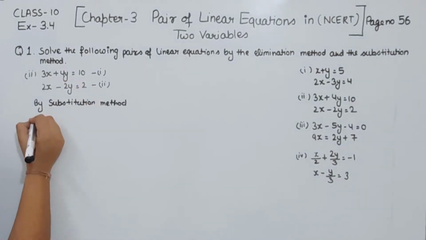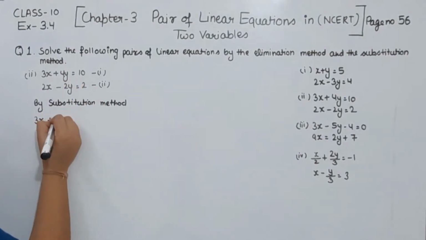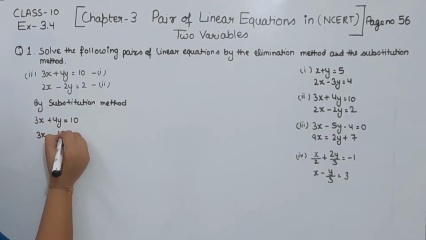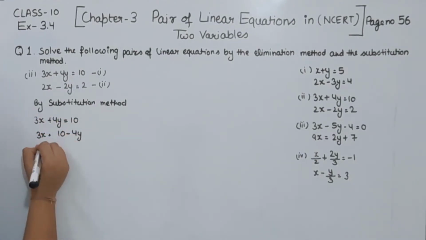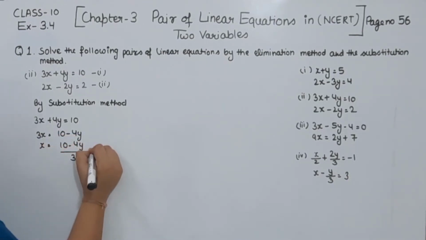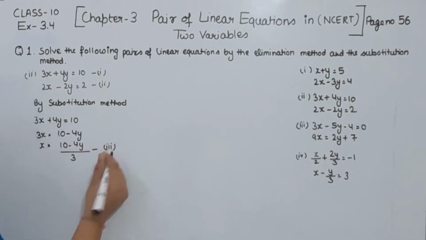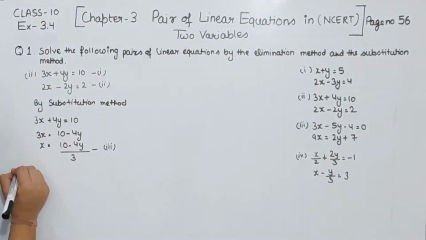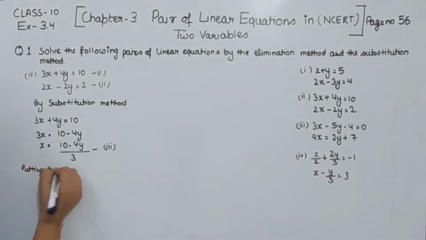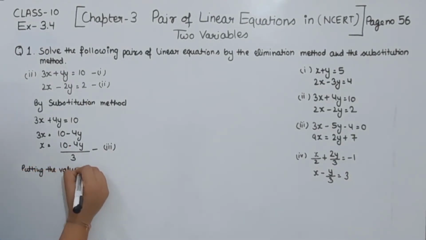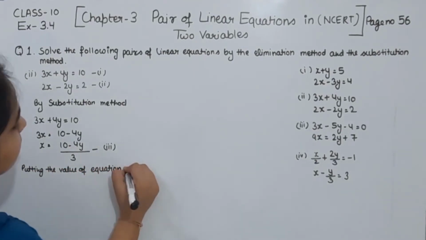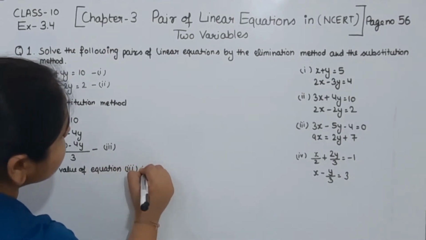First of all, we are going to take equation number 1. We are having 3x plus 4y equal to 10. So we are having 3x is equal to 10 minus 4y. x is equal to 10 minus 4y by 3. This is equation number 3. Now I am going to put this in equation number 2. So I'm going to write here, putting the value of equation 3 in